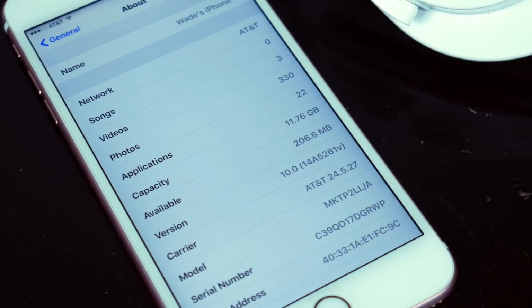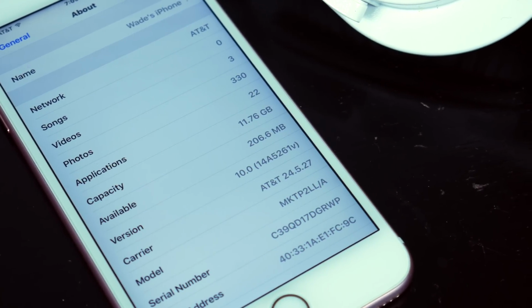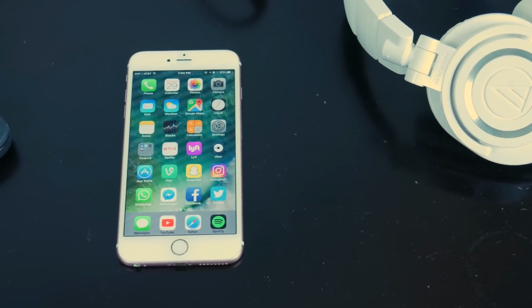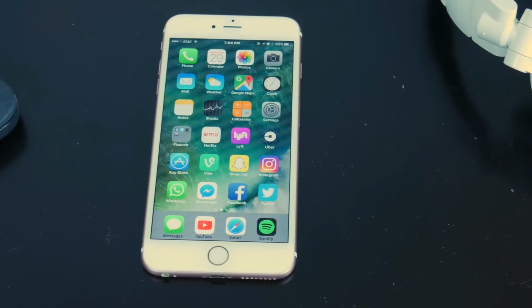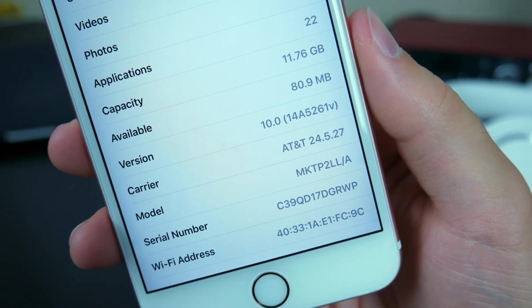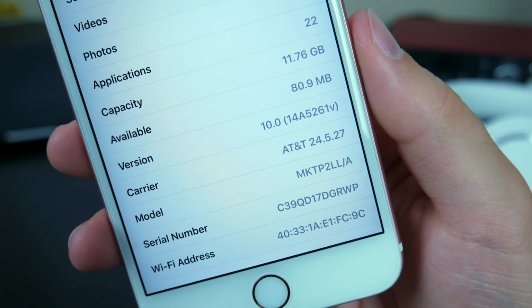So Apple gave us our first look at the next version of iOS 10, a couple weeks ago at WWDC. I've been running the iOS 10 beta since it came out, and rather than sit here and go over every new feature and little detail of iOS 10, there are plenty of videos out like that already. I thought I'd give you guys my thoughts on using iOS 10, some things I like, some things I don't,